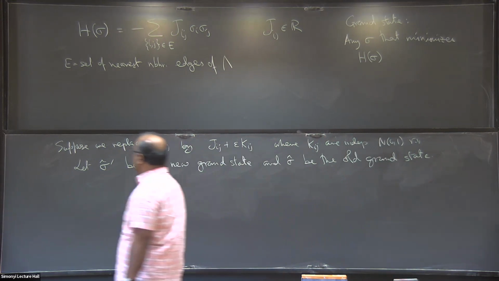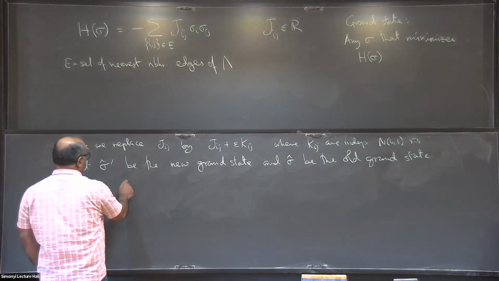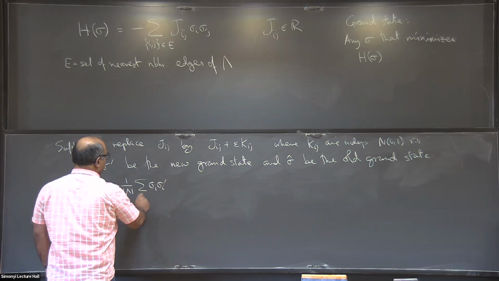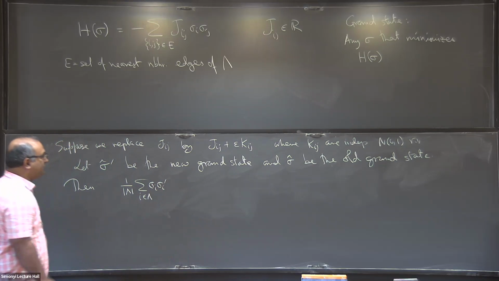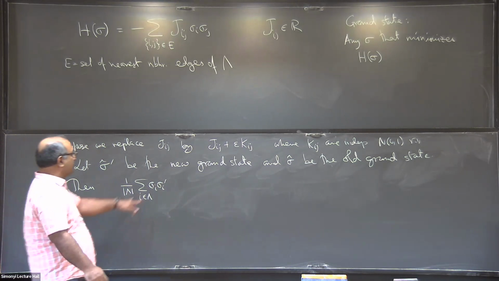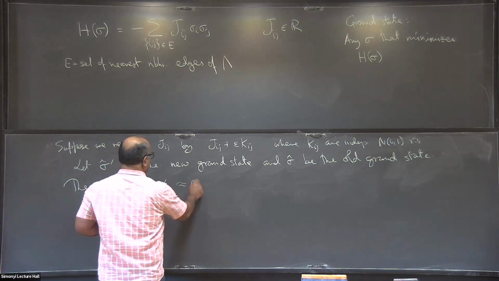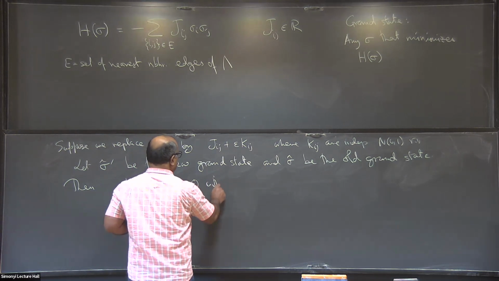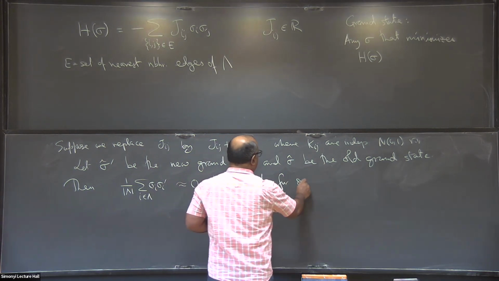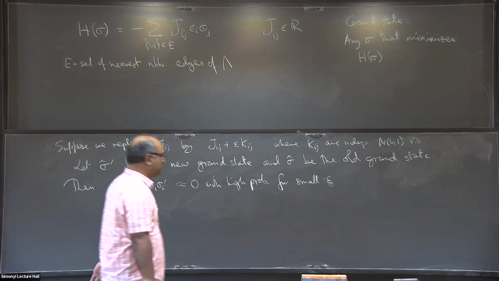Okay. So then, you take as a measure of how similar they are the sum of sigma i hat times sigma i prime hat. This is called the overlap between the spins. These are all plus or minus valued, and if they were exactly the same, this would be 1. So this is close to 0 with high probability for small epsilon. So again, this is not completely precise. I'll make this more precise.